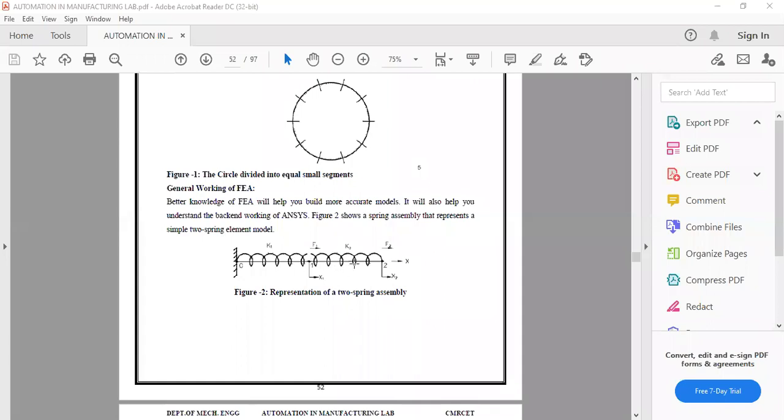So there are two elements here. This beam was divided into two elements, so each element will have its own stiffness. Just as we divided this into 10, we have two divisions here. So we take each element's behavior.